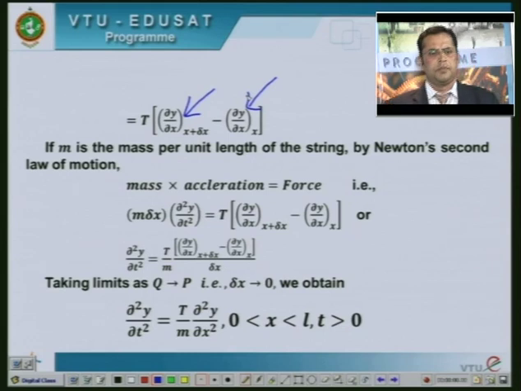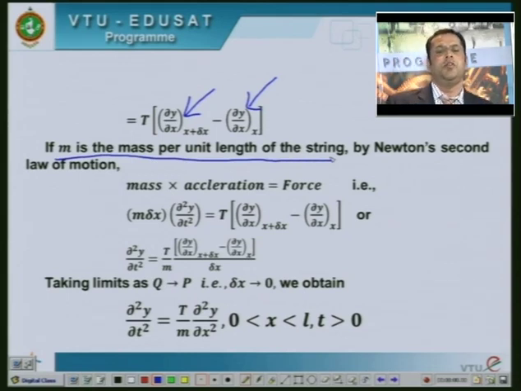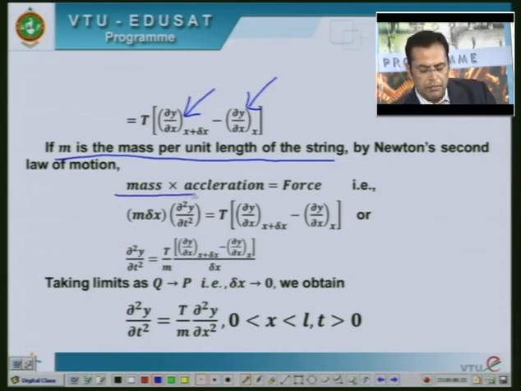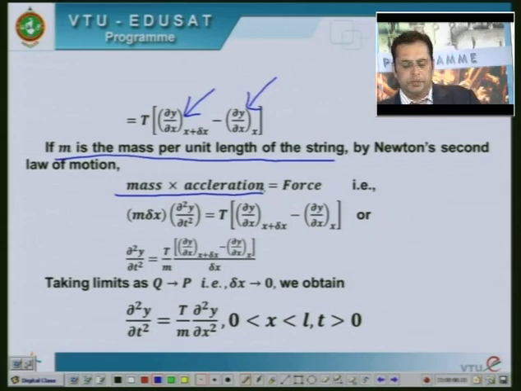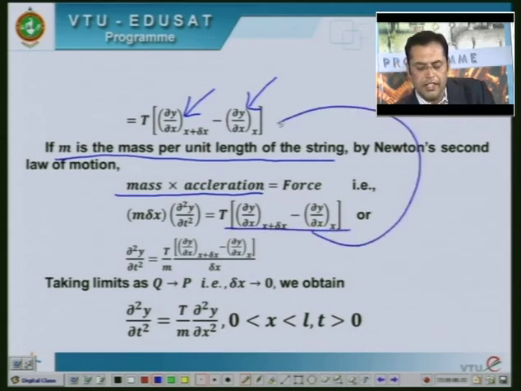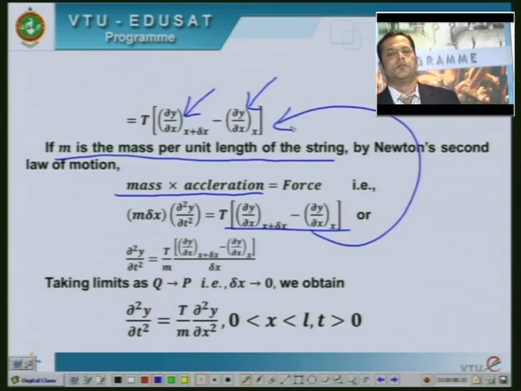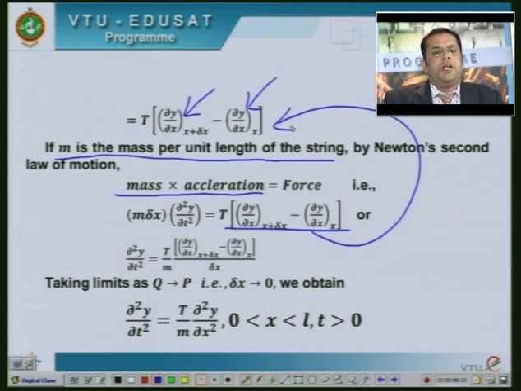Now, to go further, if you assume that small m is the mass per unit length of the string, then by Newton's second law of motion, you have mass into acceleration is equal to force. The force component is already calculated here, which is capital T dou y by dou x at x plus delta x minus dou y by dou x at x. That is substituted in the RHS in place of the force,